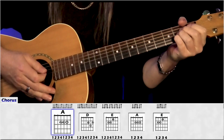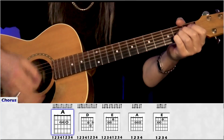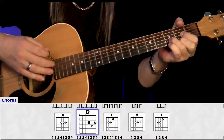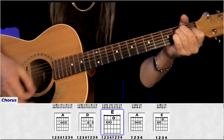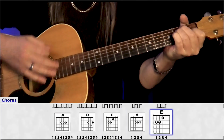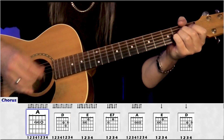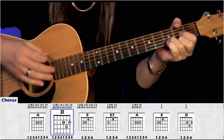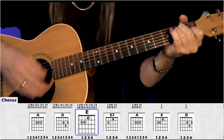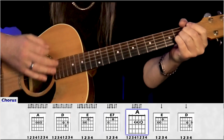Then our last chorus just changes a little bit. We have our A for 2 bars, D for 2 bars, E for 2 bars, A for a bar, back to the E for a bar, A for 2 bars, D for 2 bars, so all the same so far, E for a bar, to E7, now to A for 2 bars,